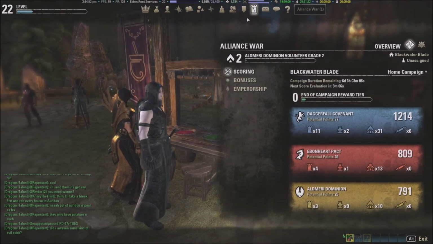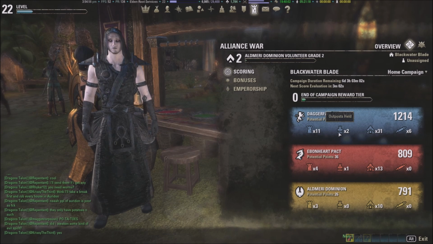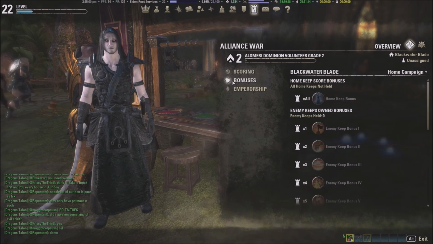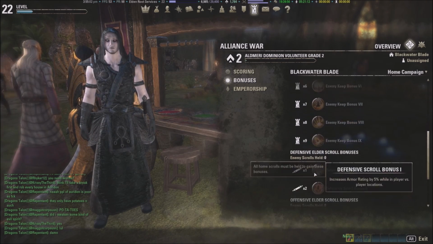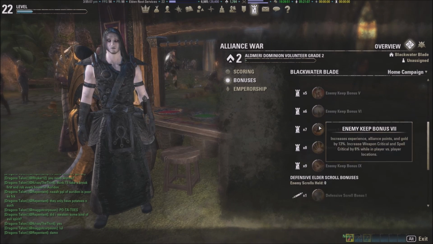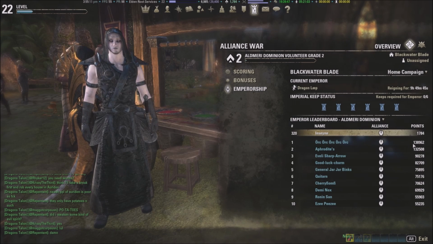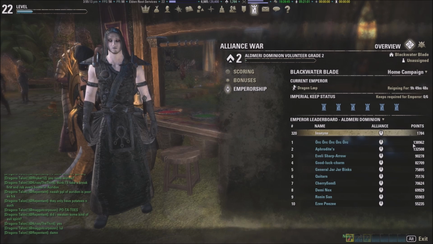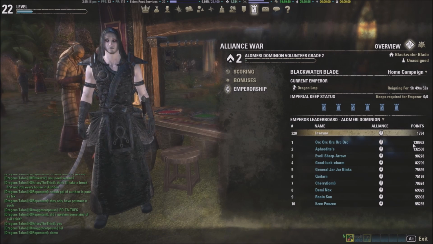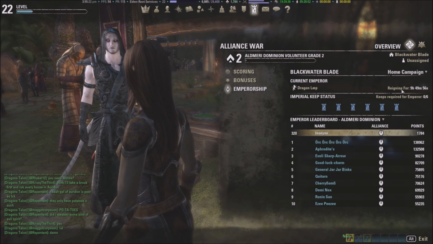So, more about this though. This just shows scorings, how many keeps they held, how many outposts they hold, resources and Elder Scrolls, and then the number of points. Bonuses based off of number of keeps held and all this good stuff. Emperorship: the person who has the most number of points, alliance points, which is gained for killing people, taking keeps, doing good stuff, they become emperor, and they get certain bonuses, and they get the emperor title,